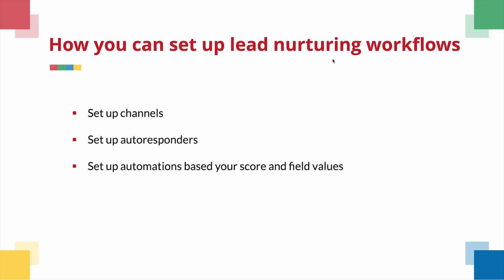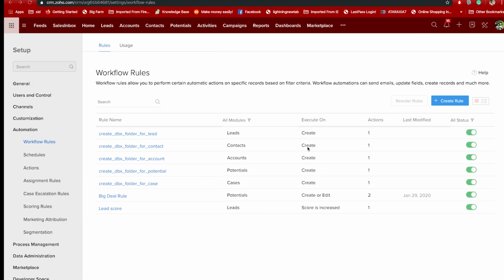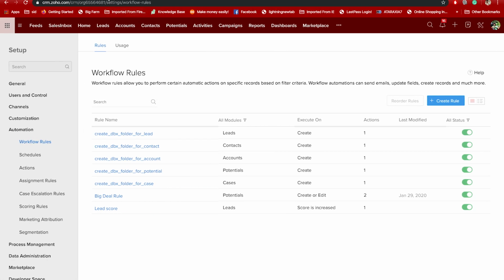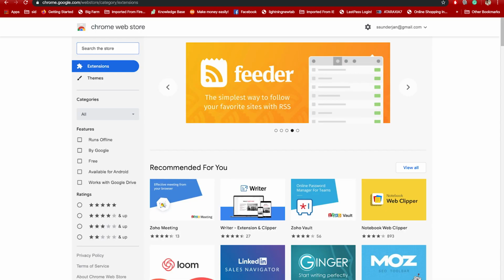Alright. Now on to our next section on how you can move your email contacts into CRM. The first one is pretty straightforward. It's your Gmail plugin. So let's find the extension first.